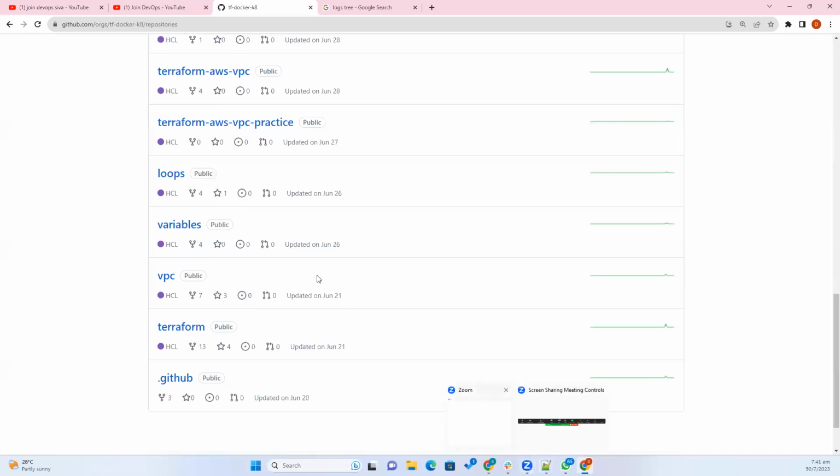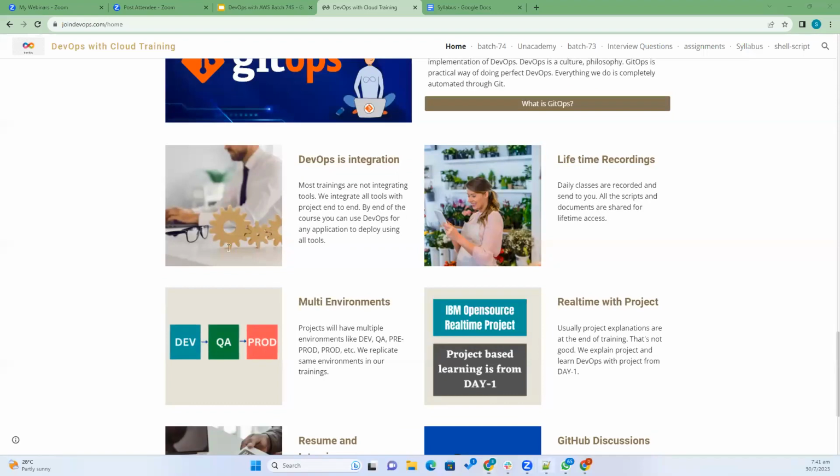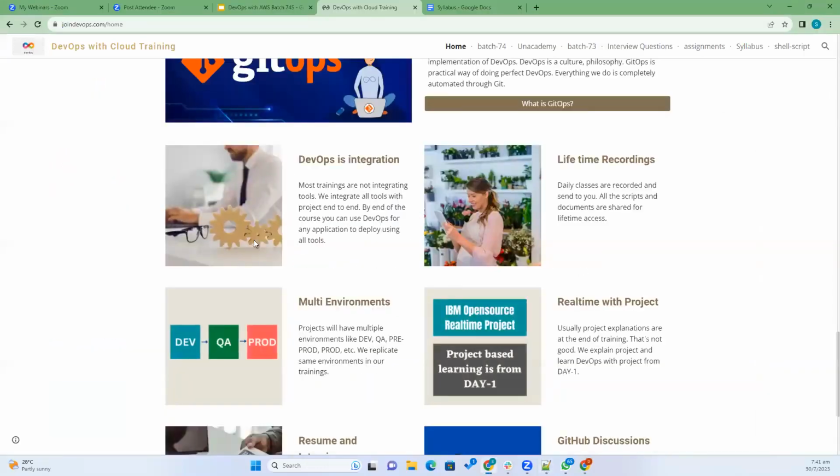So DevOps is integration. At the end of the day, we have to use all these tools to do the automatic deployment and then testing. Many guys, not everyone, will teach Jenkins 2 days, Maven 2 days, Ansible 2 days, Terraform 2 days, AWS 2 days. And at the end of the training, they may give you some hello world dummy project from GitHub, and they will start running that CI/CD pipeline. So that is not going to be useful anyhow.